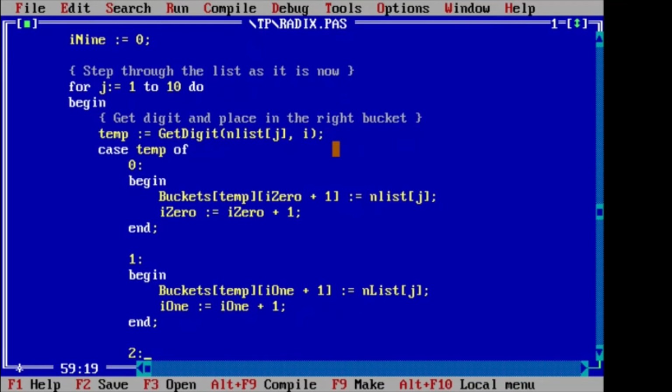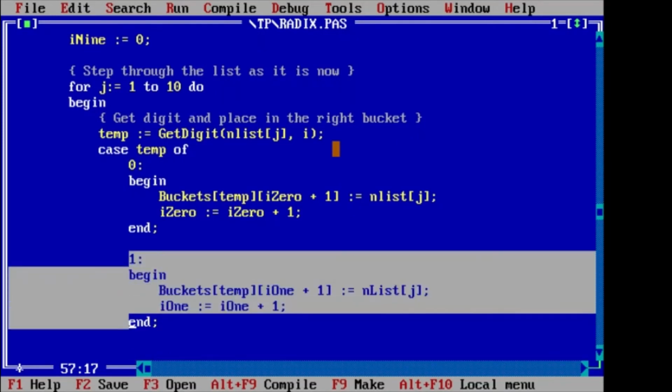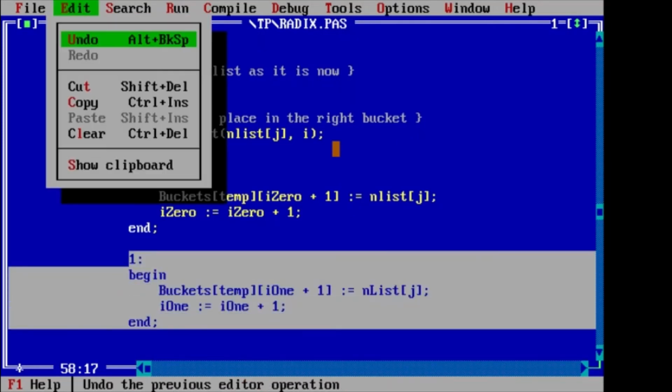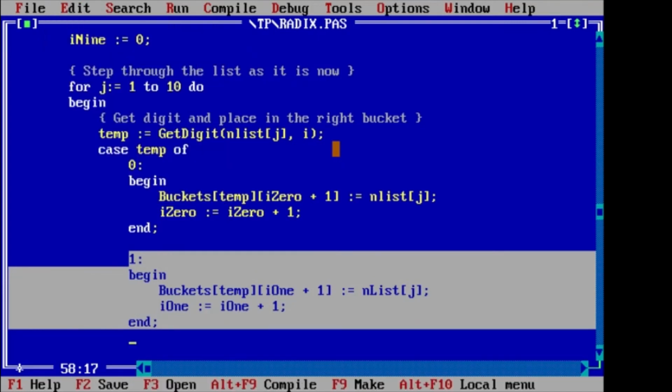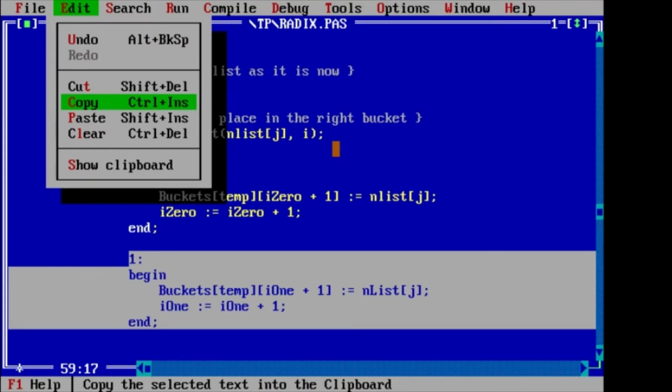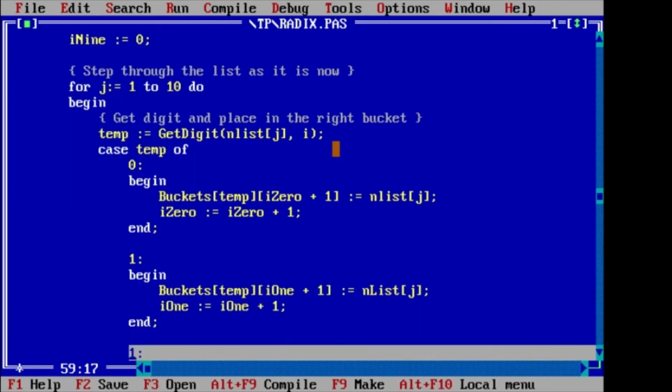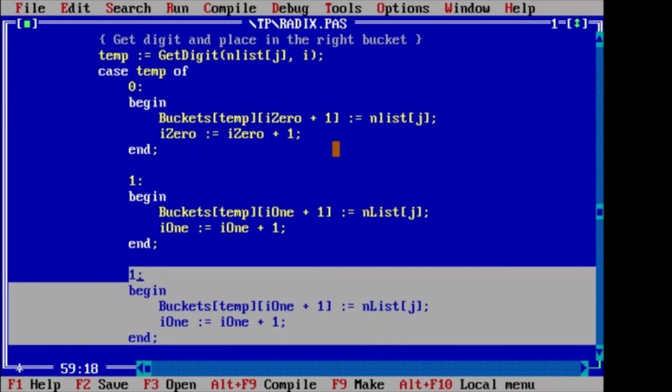Let's see if we can use the copy paste command. Let's do this, and we do edit, we do copy, and then we do paste, which is shift insert. Okay, that makes life a bit easier. So we change just a few of these. So we change them to I2, and we do